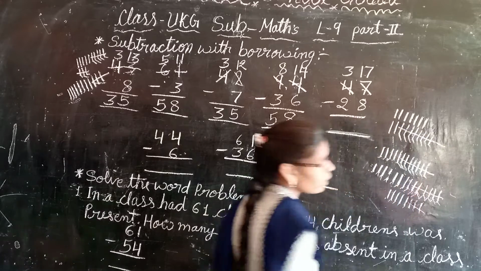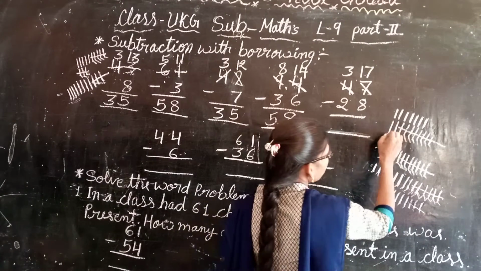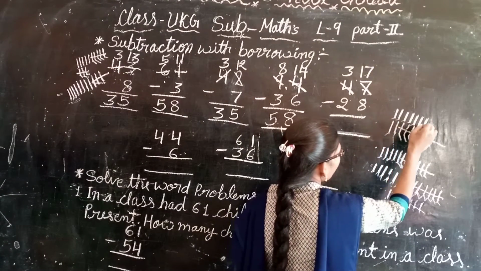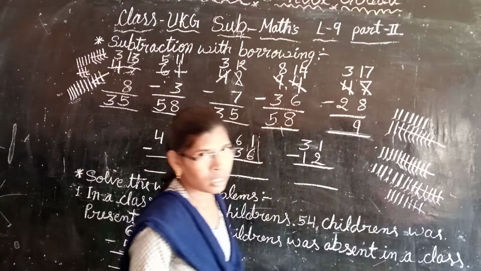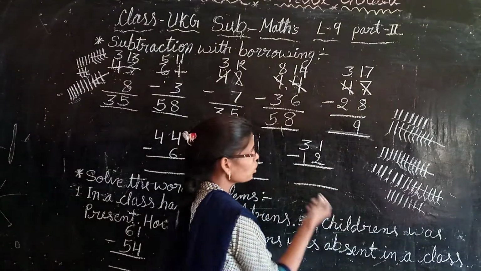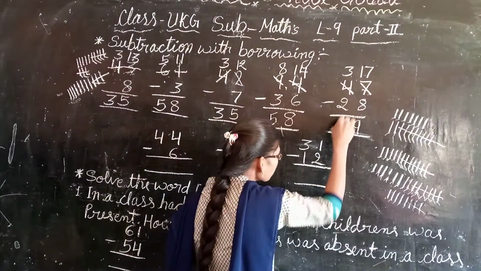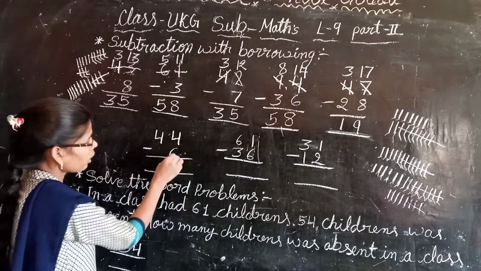So we have cut already 8 lines and what is the remaining lines we have got? 1, 2, 3, 4, 5, 6, 7, 8, 9. So we get here 9 left lines and now out of 3 we have to cut 2. So we will get obviously 1. Okay. So next one you see here 4 is there and here 6.